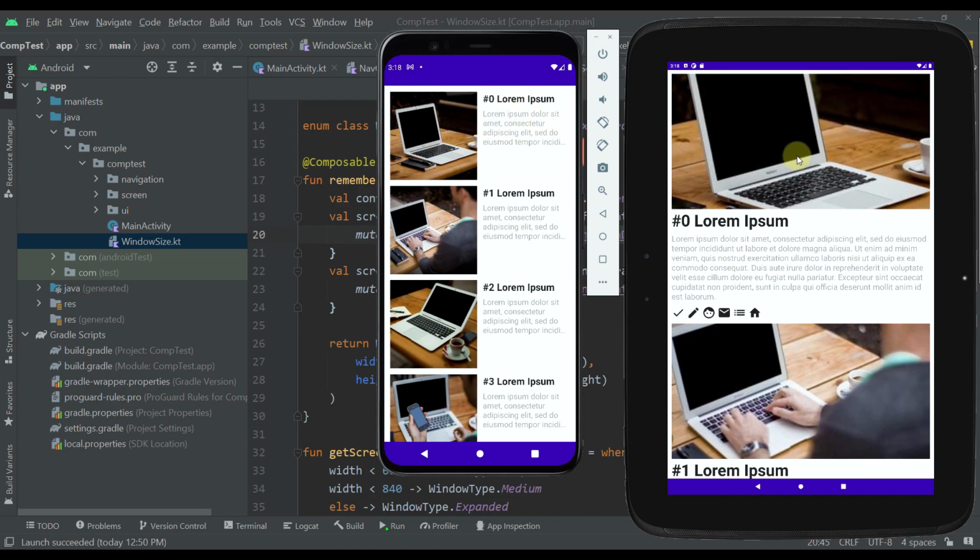However, on tablet devices we can see a different layout structure. Here we are not using this row, instead we are placing those elements in a column. So first we are displaying that image, and then below this image we can see those two text elements and also those icons. Of course this project is just for demonstration purposes, and I have added the